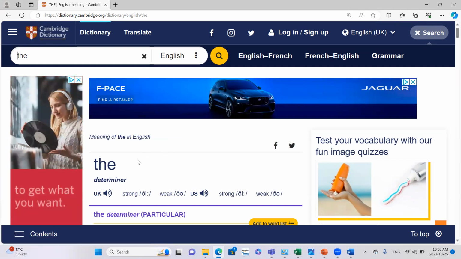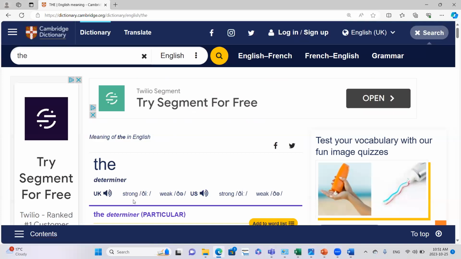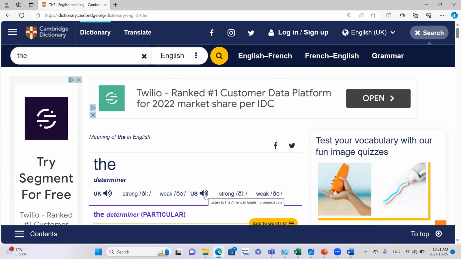This is the first word. Here you can see British and American pronunciation. We will focus on American pronunciation, but if you want to learn British, you can learn the British pronunciation from here as well. So you will click on this sign to learn the American pronunciation of this word,